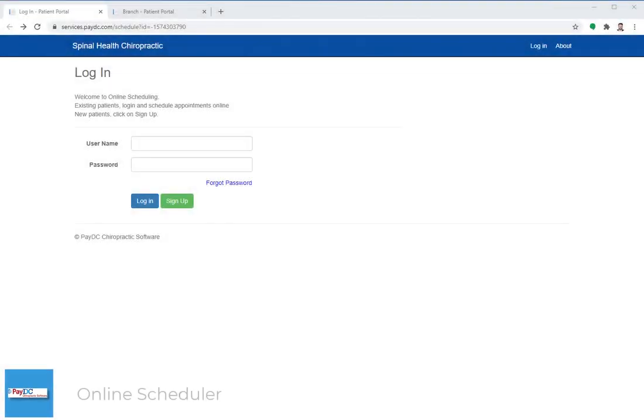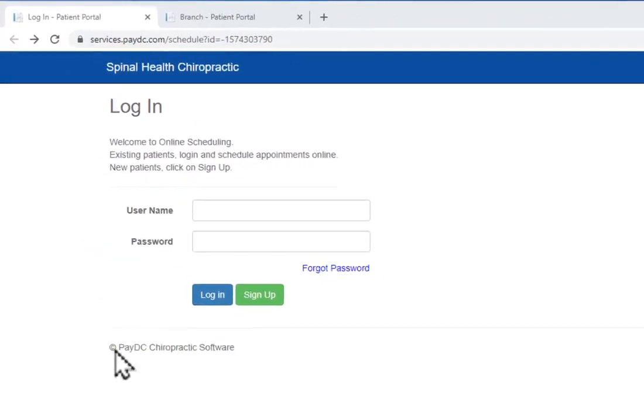This is the PayDC online scheduler. There are many functions of this that you can customize from your advanced settings, but I want to show you the patient interface for the online scheduler. What happens is you are provided with a unique hyperlink and/or an embed button that you can place on your website. And when a patient clicks on that link or that button, they are taken to this screen here,